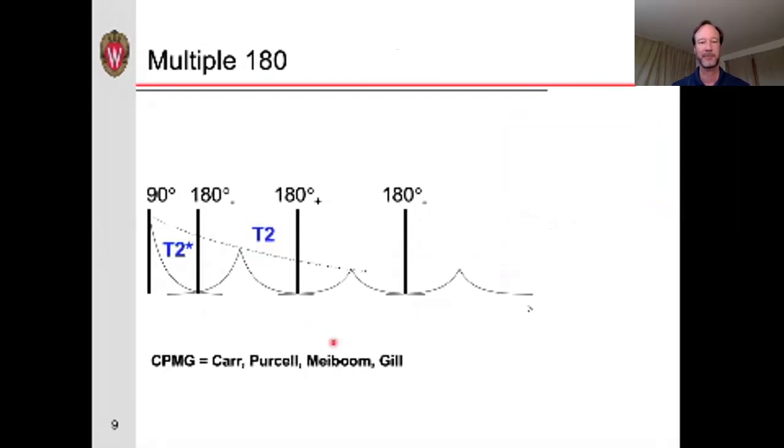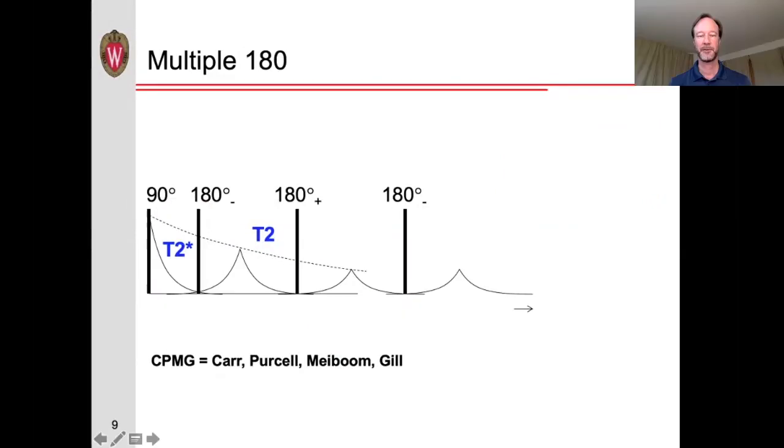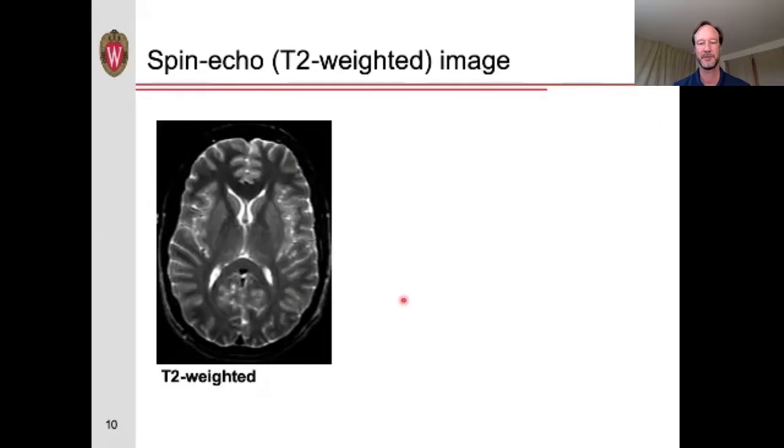Now we can also apply repeated 180-degree pulses. So if we keep refocusing it, initially we see that the signal refocuses and then decays again. If we apply another 180-degree pulse, the signal refocuses and then would decay again and so on. And we could then obtain, with multiple echoes, a more accurate measure of this T2 decay. Now this sequence was first introduced by two papers, one from Carr and Purcell and the other from Meiboom and Gill, and is sometimes referred to as the CPMG sequence. So hopefully I've given you some understanding of how we can get a T2 weighted spin echo image. This type of acquisition, that is a spin echo image, is actually being used more frequently for diffusion tensor imaging, as you'll see in